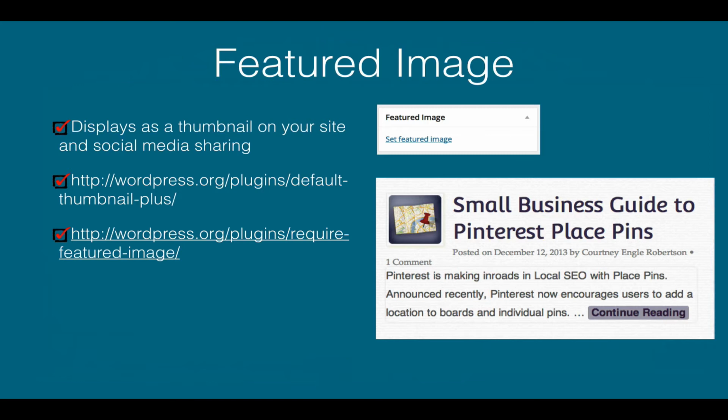So go set a required featured image. There's a plugin that will help you with that, if that applies. Again, you might not need either of these plugins, but if you do, they're cool, they work, they're related. Check them out. After you've got the basics of writing a post done, next up you want to do is